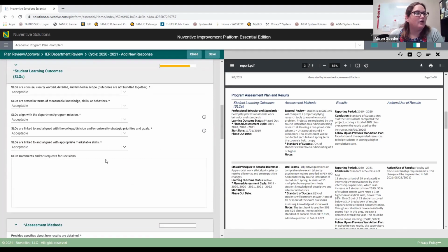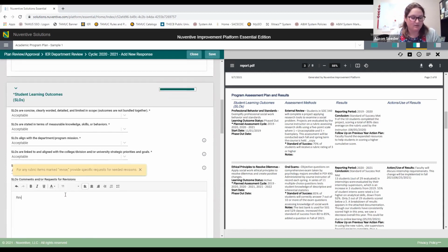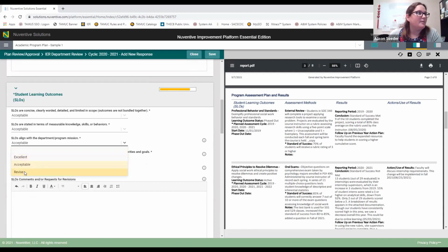And so I want to point out, I've marked all of these here. They're all complete. They're all marked acceptable, but this little bar hasn't completed. If I come in and add text, it's going to fill in green. However, adding a comment there is not required if you mark everything as acceptable or excellent. If I were instead to come in and mark this as revise, that may be